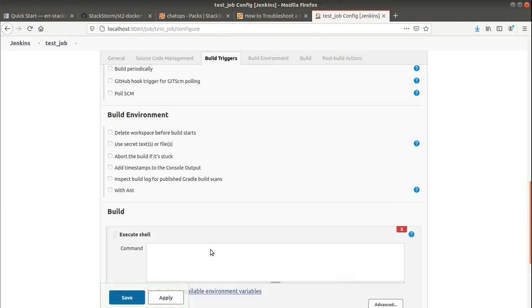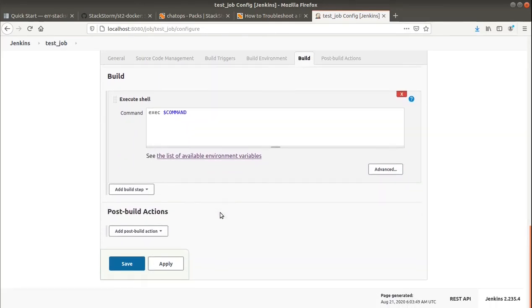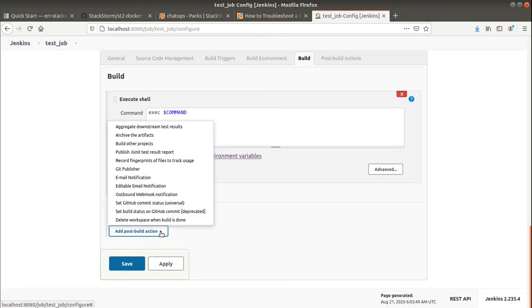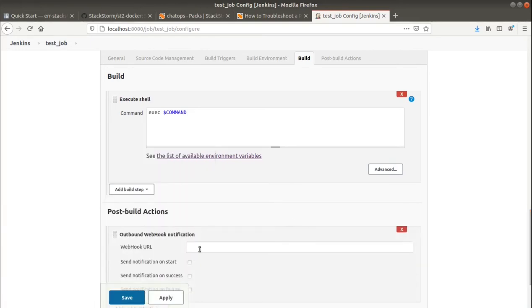And the whole pipe will be just executing this command, nothing more, nothing less, just to have some simple pipeline to execute. And as a post-build step, we can now point to StackStorm web container, which is exposing webhook and that will be accepting all the updates from Jenkins. So it will be st2web